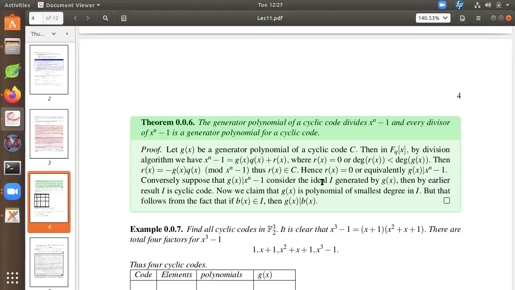Now the cyclic code is an ideal, so you know the similar approach. The remainder r(x) is x^n minus 1, which is now 0 in Fq[x] quotiented by x^n minus 1. That is a zero code word. So r(x) is minus g(x) into q(x), which is also now a code word. If it is non-zero, then I have a polynomial of degree less than g(x). That's a contradiction, so that is the reason. Nothing more is there. Any questions?